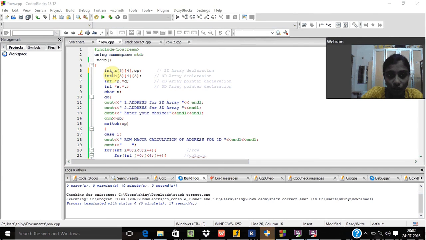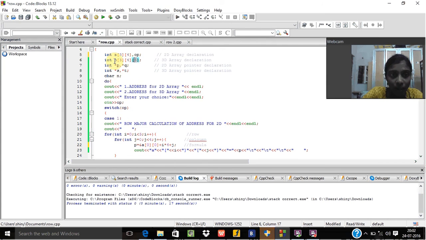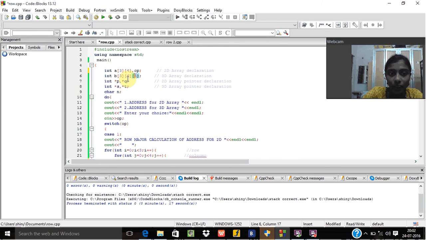For this to be achieved, I declare a 2D array of row size 3 and column size 4, and a 3D array of set size 3, row size 4, and 5 elements in column. Then, as this is the program for calculating the address,